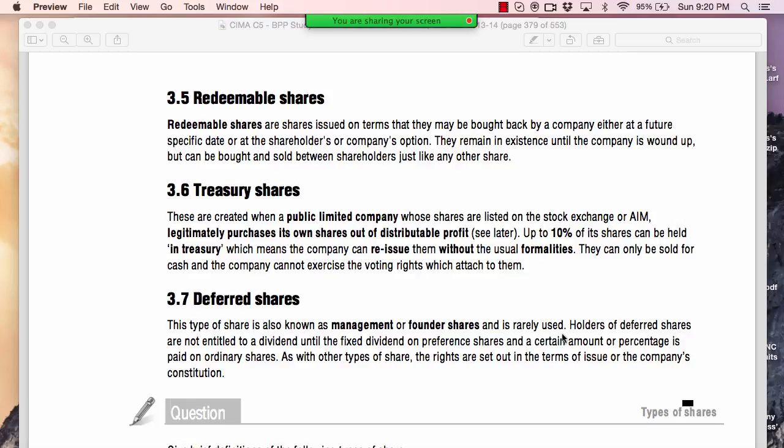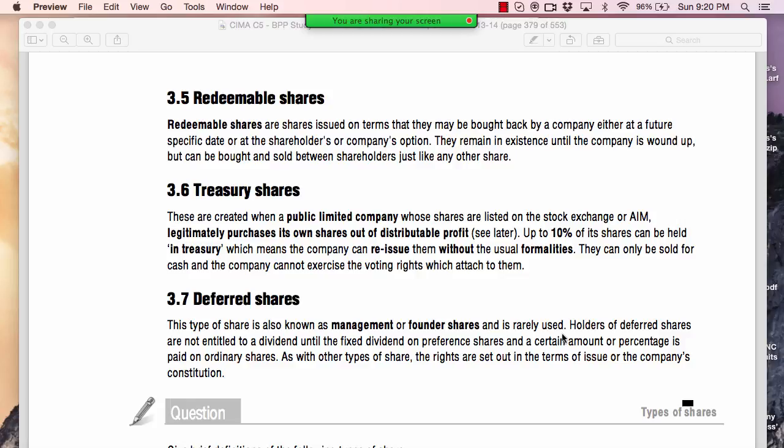So what we're saying is I'm buying the shares. They're not redeemable shares. I'm buying shares on the stock exchange, but then I'm going to keep 10% of it. I can keep it and reissue them without any unusual formalities, because they're the company's shares. Right, because if I have to issue shares, generally I have to go through a lot of